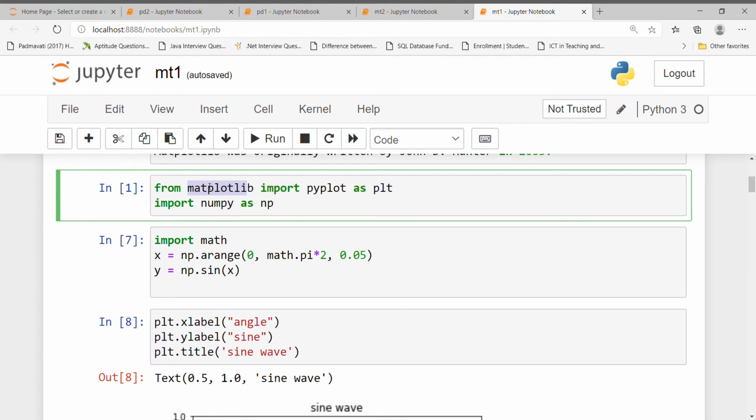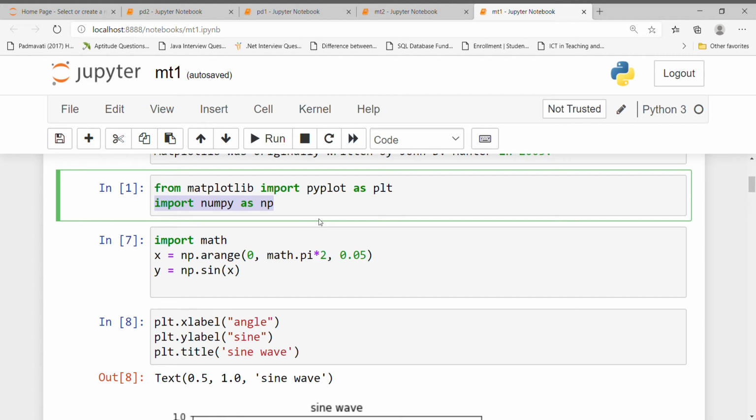So here, from matplotlib import pyplot. What is this pyplot? Pyplot is the module in matplotlib, imported as plt. plt is used for referring to pyplot, as is nothing but the alias. Import numpy as np.